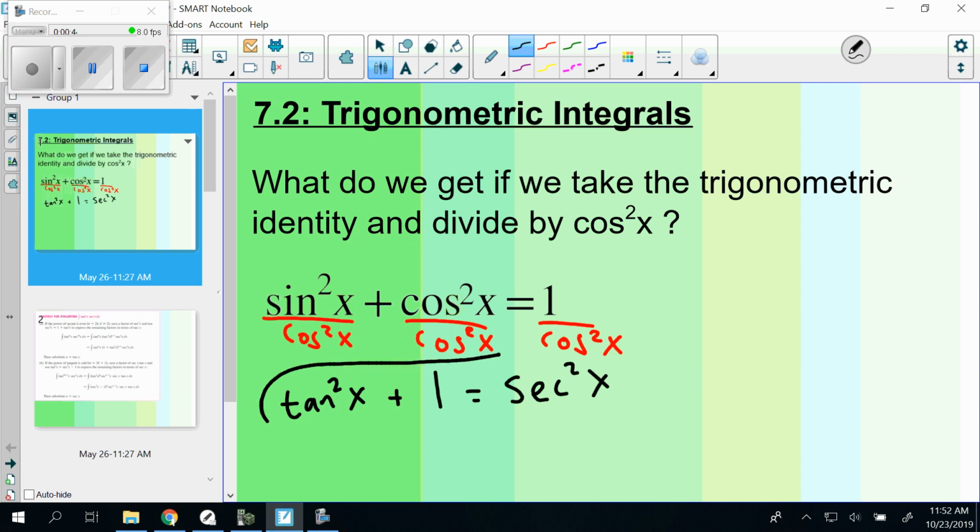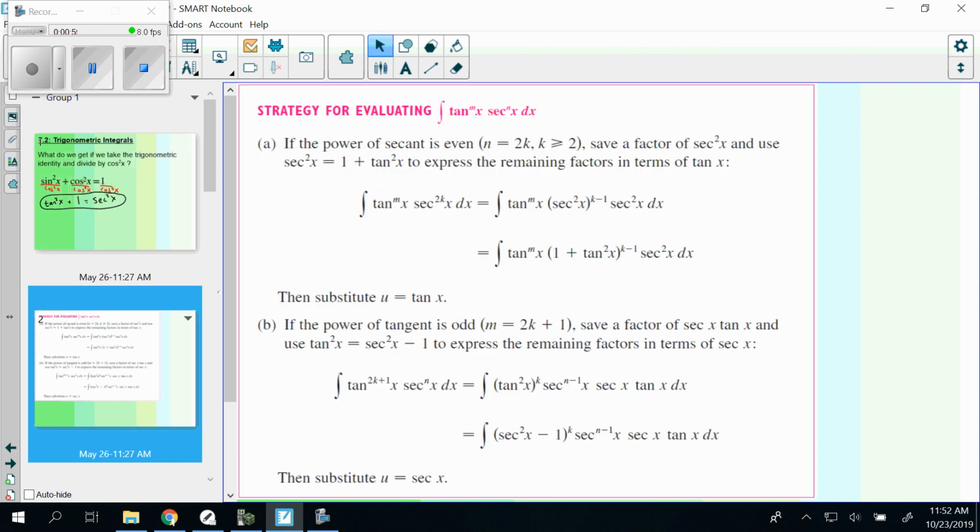And what we're going to see today is a bunch of trig integrals that have tangent and secant in them. So when we are doing tangent and secant, we're going to want to use this identity to help us out. All right, so what should we be looking for if tangent and secant are part of the integral? What we're going to look at is two things. One, if the power of secant is even, then we're going to save a secant squared out of that integral,